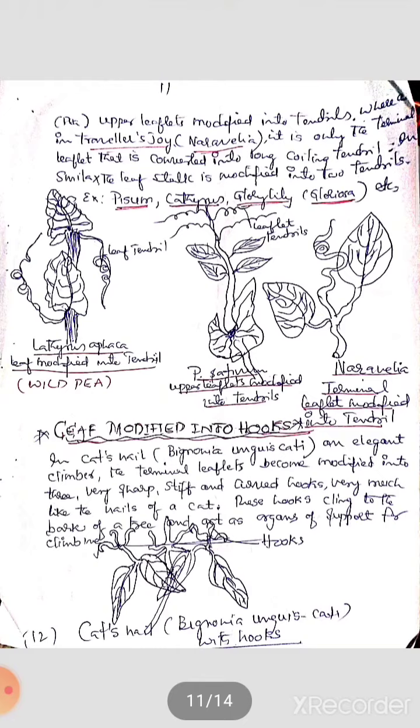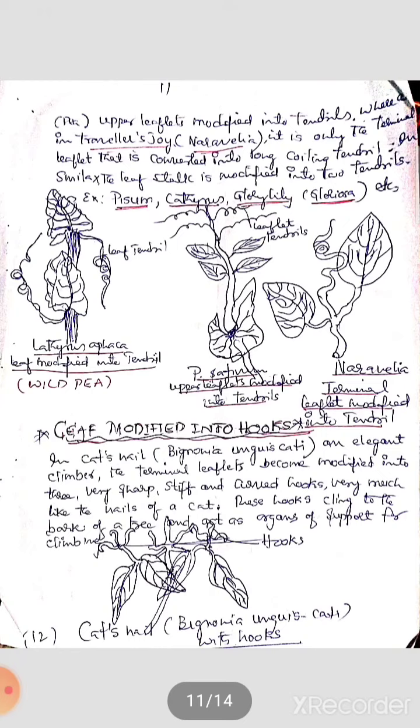In Smilax, the leaf stalk is modified into two tendrils. Example, you can see Pisum, Lathyrus, Glory Lily, Gloriosa members. You can see the diagrams also there. Next is the leaf modified into hooks. In cat's nail plant, it is called Bignonia